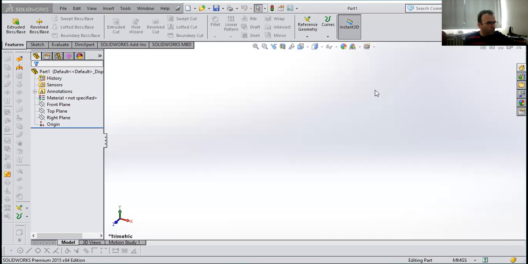Today I'm going to talk about and try to present to you the surface extrusion process. Sometimes the surface which we are going to create is very complicated. That's why it will be very difficult to guess which direction and how much we have to extrude or cut extrude the plane. That's why